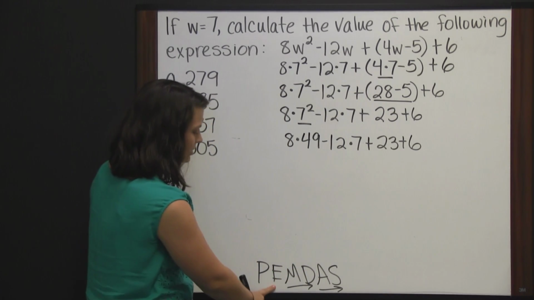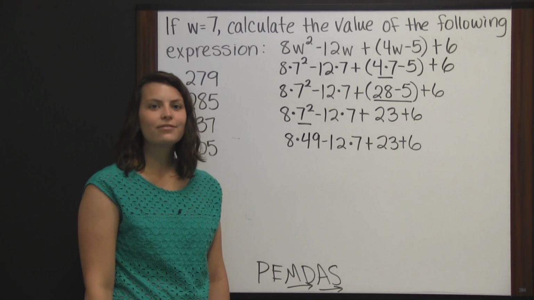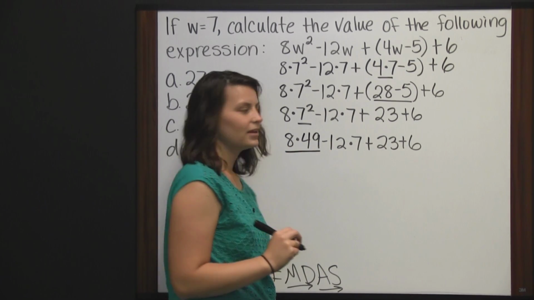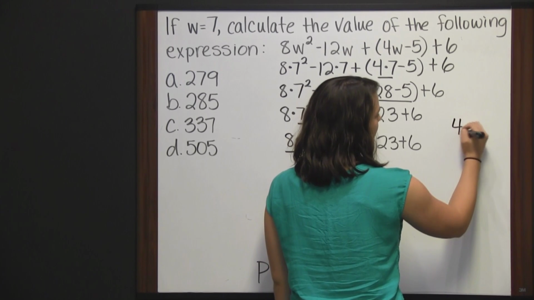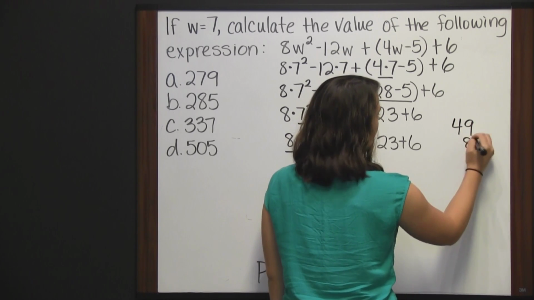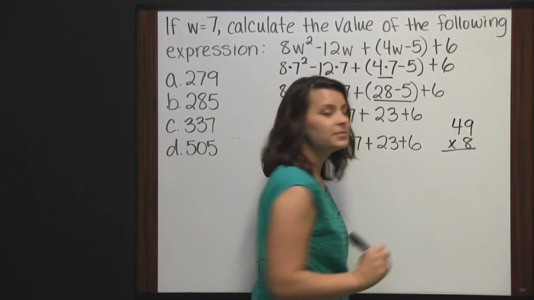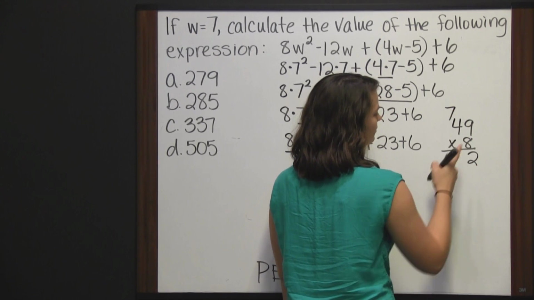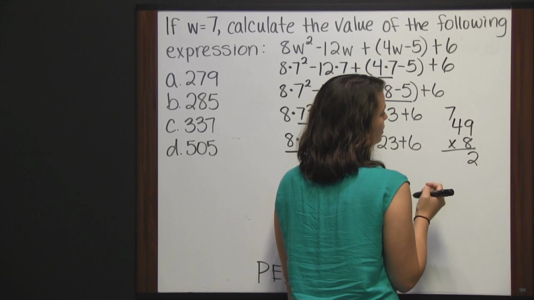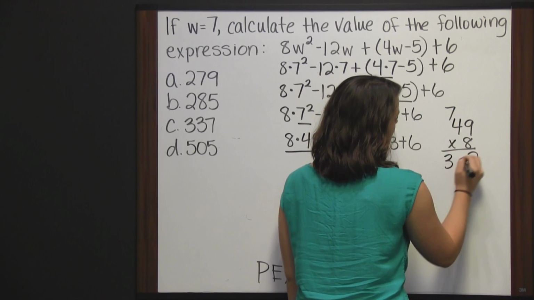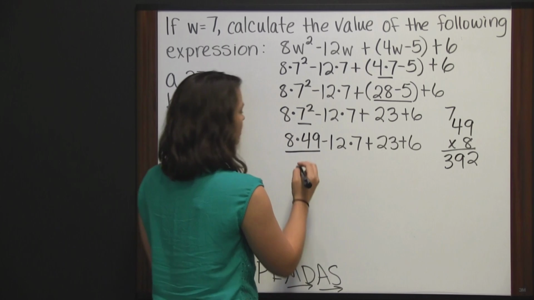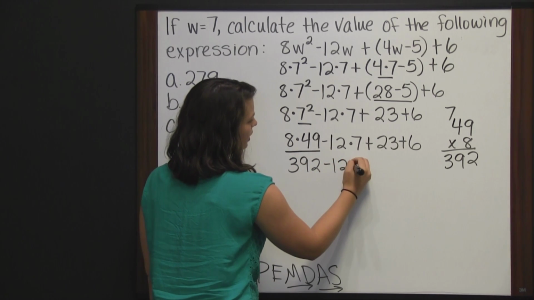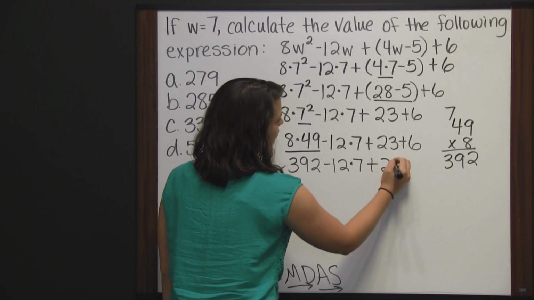Okay, after exponents is our multiplication and division from left to right. So first we see 8 times 49. And we can just go off to the side and multiply that. 49 times 8. 8 times 9 is 72, so write the 2 and carry the 7. 8 times 4 is 32. 32 plus 7 is 39, so 392. So we have 392 minus 12 times 7 plus 23